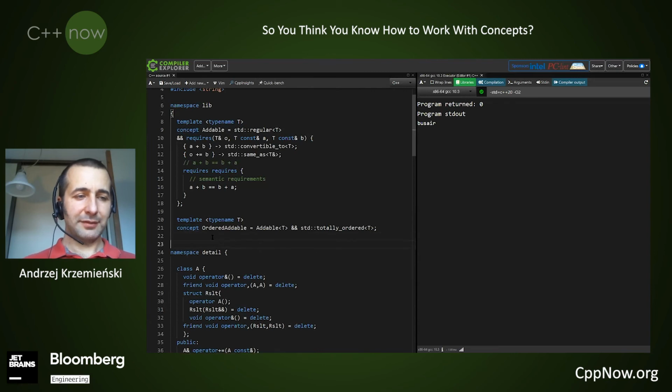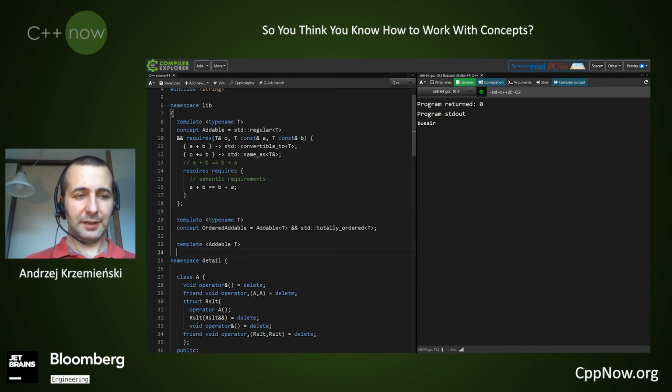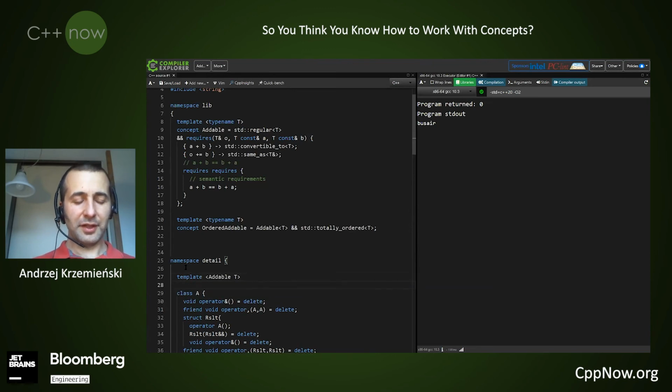I could try to write a function. No, not typename. Addable T. It probably should go into the detail namespace. That I require, maybe make it, oh, it's inline by default. Commutativity.